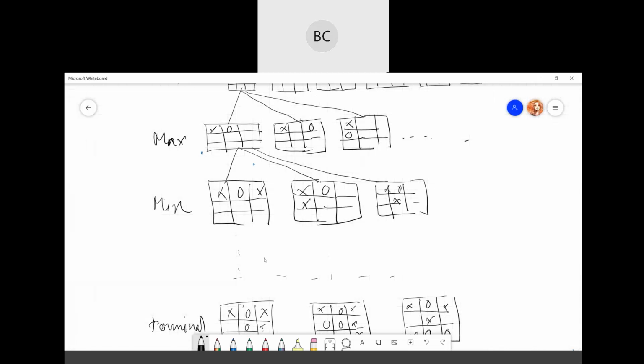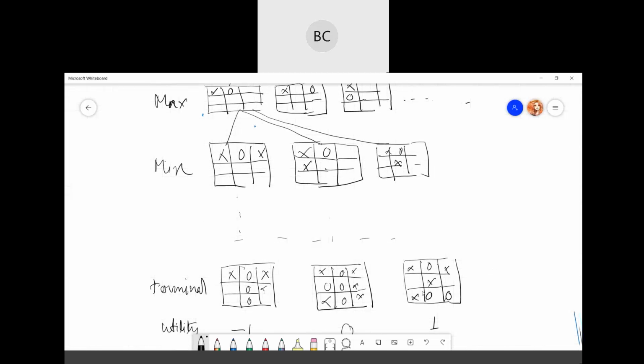Here X is in a row, 3 symbols are there. So both players will compute each node's minimax value. Then certain values will be there. These values are called your minimax values, and these terminal values are the utility values.